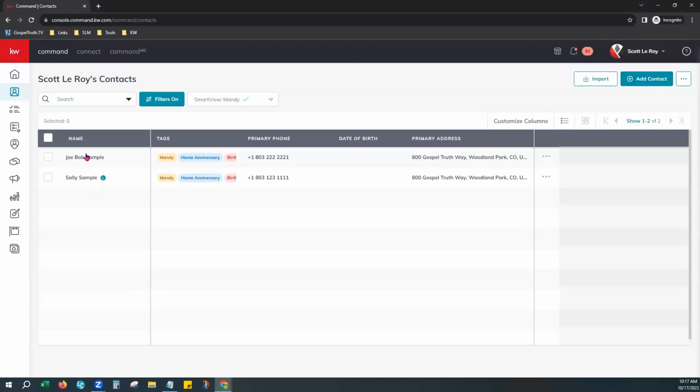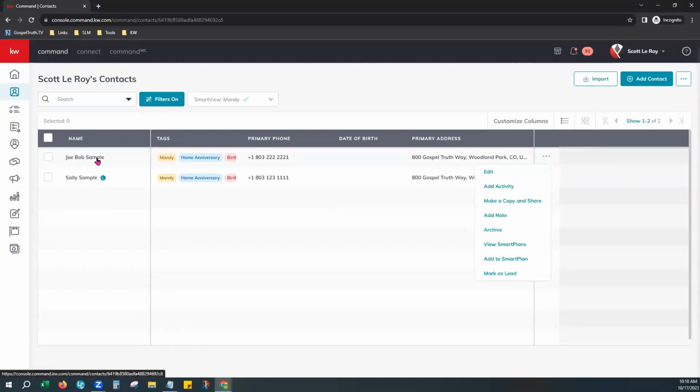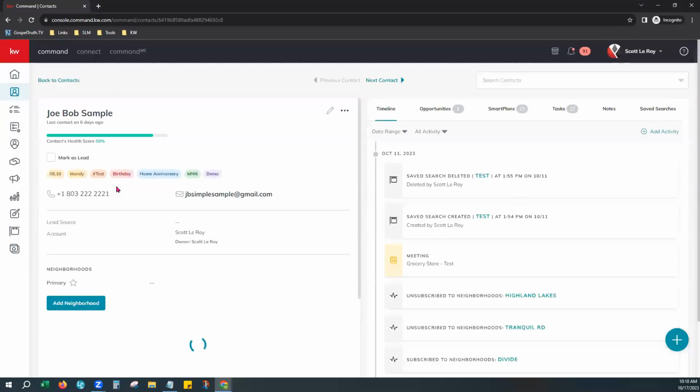All right. And so as you can see here, we've already added some contacts into our Command database. To be able to edit them, there are two ways that you can do that. On the right-hand side where the three dots are, you can give those a click and choose edit from the drop-down menu, or you can just simply click on the name of the contact and it'll open up the contact